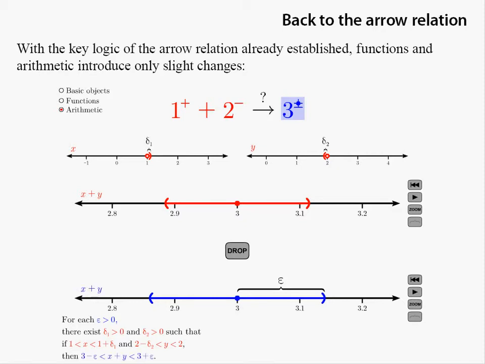x plus y should be between 3 minus epsilon and 3 plus epsilon. Now that's a long definition. It's actually not hard to prove this one if you're comfortable just doing some epsilons and deltas, but you wouldn't have to. You can write the full definition out, and if you do, the definition matches up exactly with the standard definitions. But even if you don't want to,